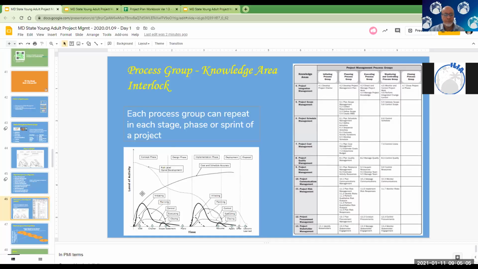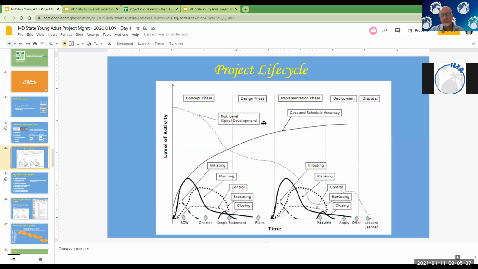So when you look at this diagram here, we see there's a concept phase, a design phase, implementation, deployment, disposal. People refer to this as waterfall, meaning one phase falls after another. This used to be extremely common. It's still very common, especially in large scale projects. You're talking a 10-year project to build, for example, a large power plant, right? Or to construct a highway between 2 cities, or across 2 different counties.